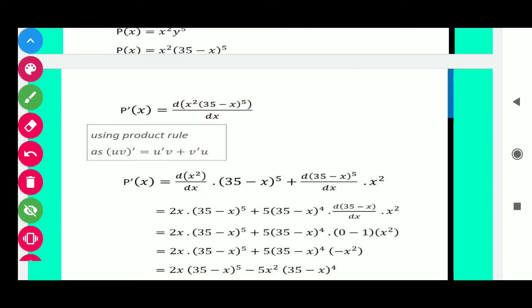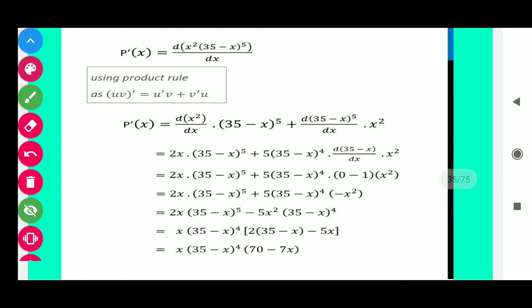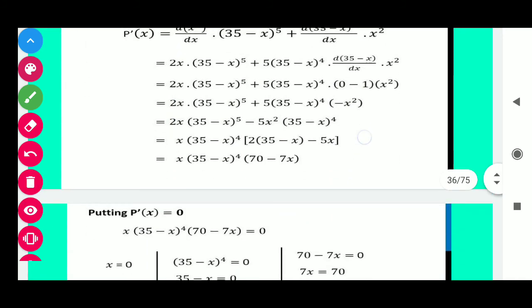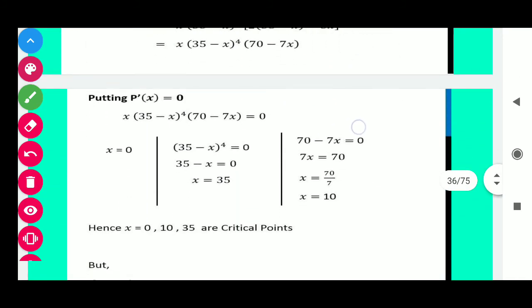So the derivative of x squared is 2x and the derivative of this function is 5 (35 minus x) whole raised to power 4, and the derivative of the middle term is minus 1. So in this way we calculate the derivative, and by taking out the common terms we get the factors. Now students, for maxima or minima, put these factors equal to 0, we get x = 0, x = 35 and x = 10. So students, all these are critical points, but notice one thing, that if the sum of two numbers